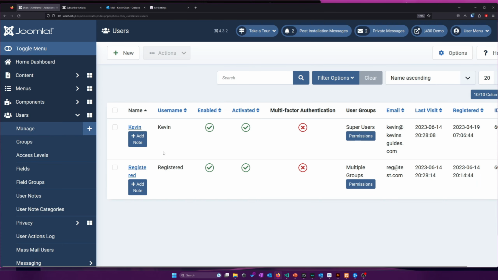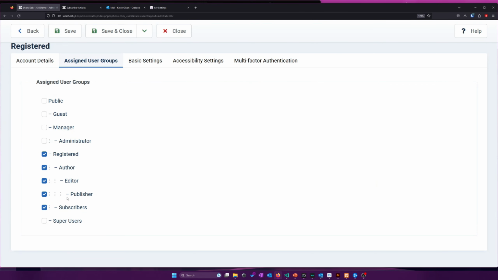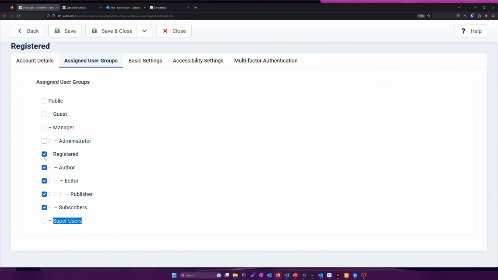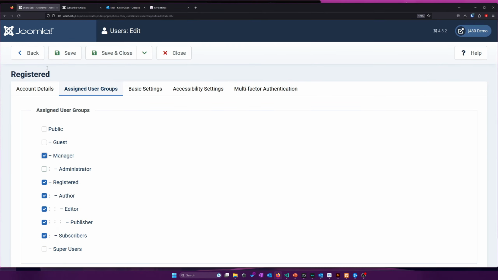The other roles I want to discuss are related to the back end. Super admins, or super users, can do everything. We already know that. That's the default account, the first account we create. The other level underneath them is regular administrators, which can do most of the same things super users can do, but they can't get into the global configuration or do anything else that's not set under the permissions for them. Manager is kind of an interesting one, so let's take a look at manager. So I'm going to make registered